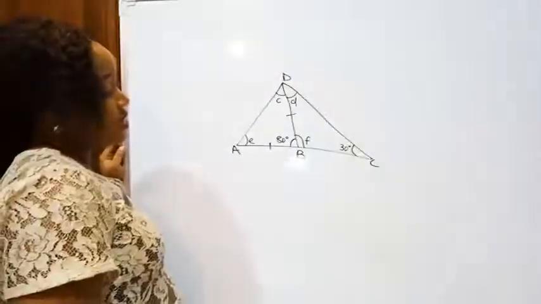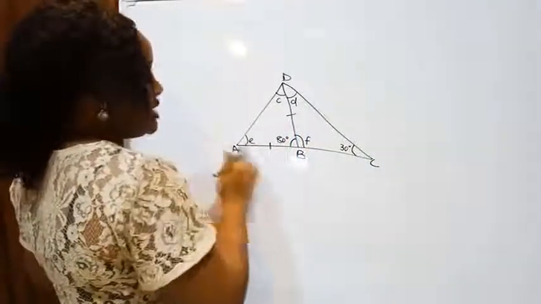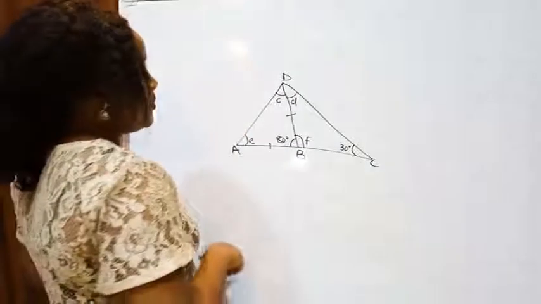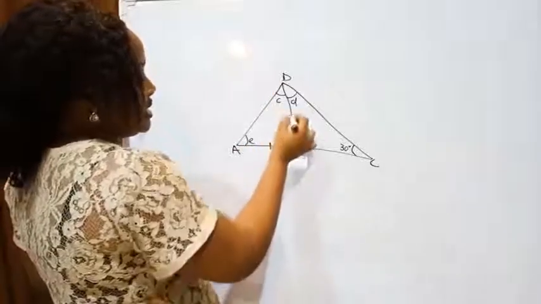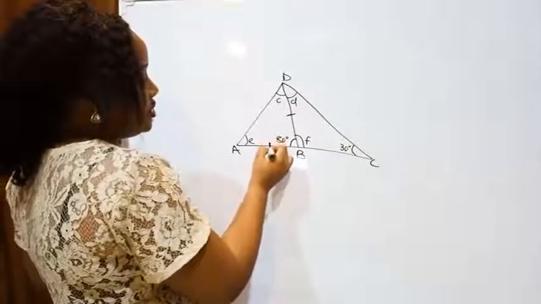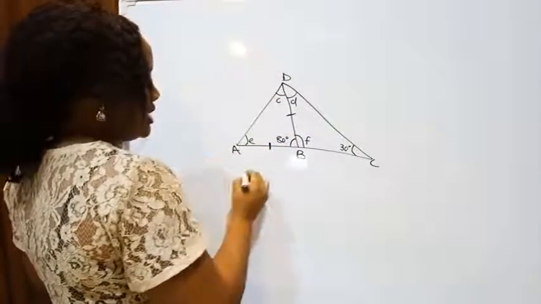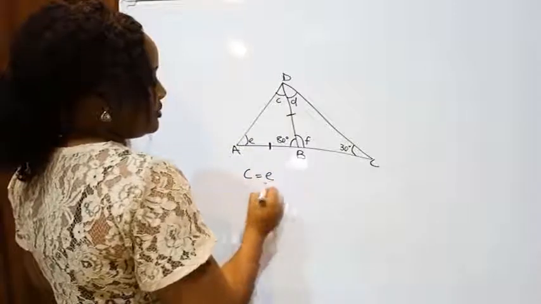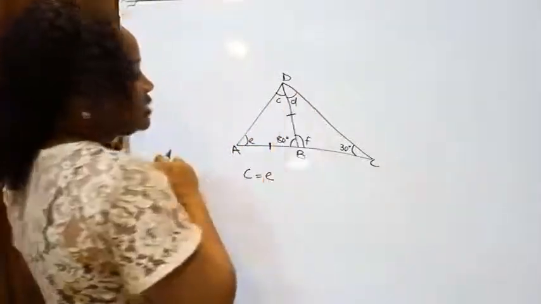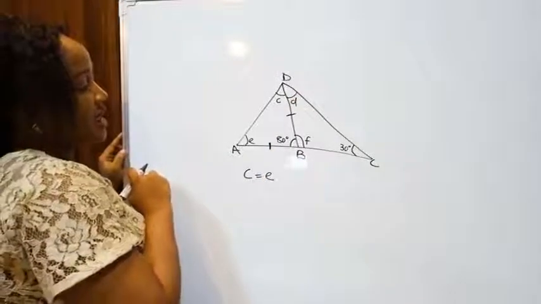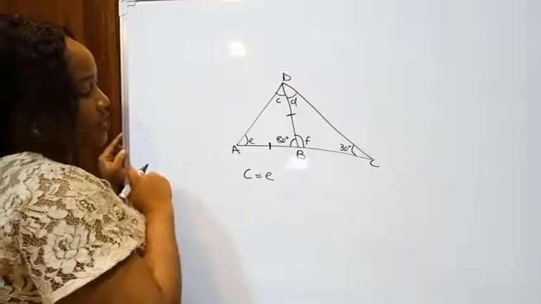So let's look at this question. We have triangle ACD. Actually, ABC is a straight line. Okay? Now, triangle ABG is an isosceles triangle. Okay? It's an isosceles triangle, meaning that angle C and angle E are equal. Now, we're meant to find all the lettered angles in this figure. So let's see, where do we start from? Let's start from